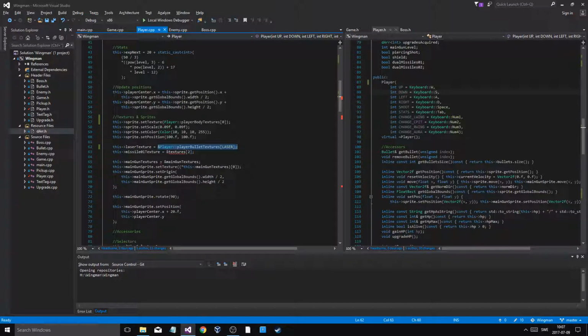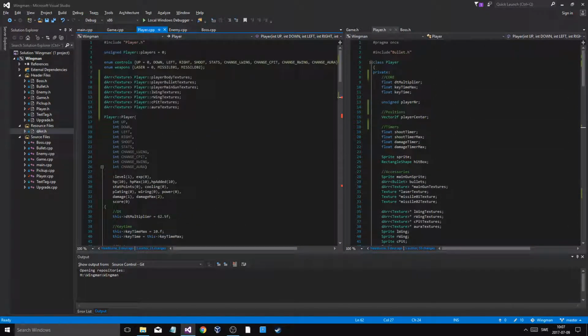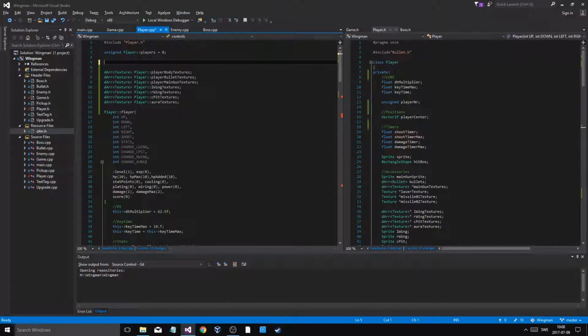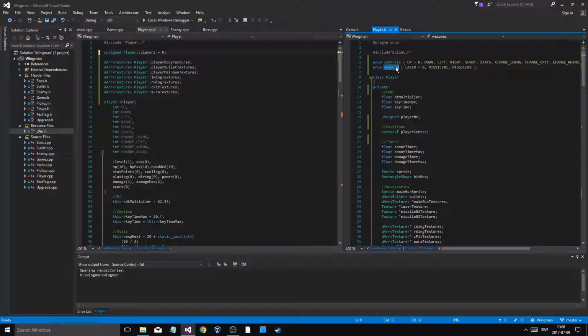Well, we could keep those. Or do we even need these? I think we'll just keep main gun textures. Because that's what I'm thinking. Do we even need any of these? And if I just put these into here, or weapons or bullets,